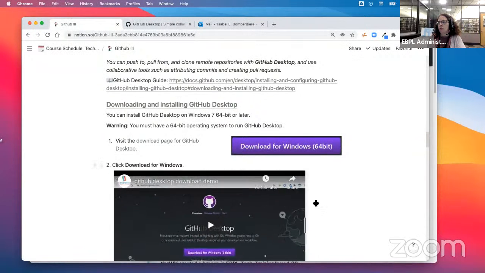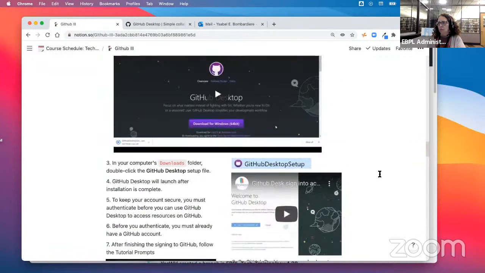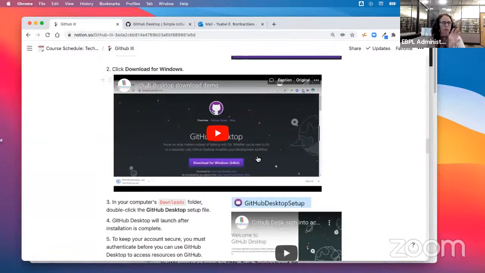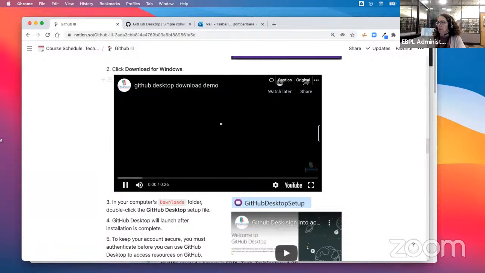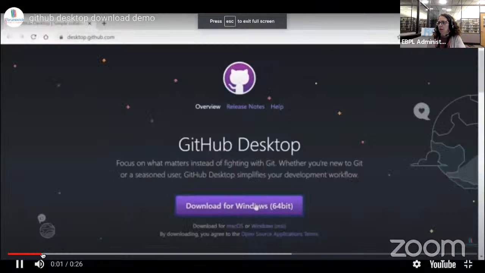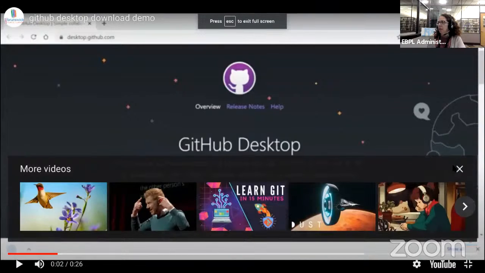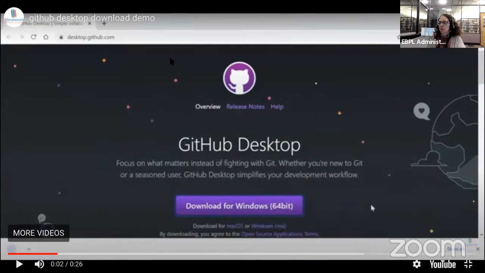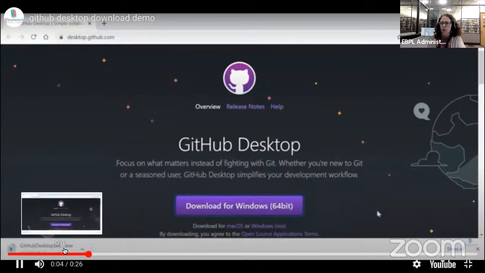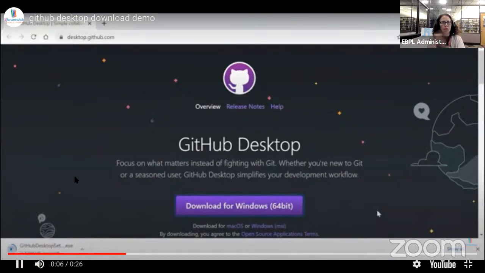And it works on both PC or Mac. They have these two versions. So let me make this bigger. So basically you go to the website for the download, you click the download, and then when it's gonna do the download, it's gonna go right here on your download files. You're gonna see it coming down,